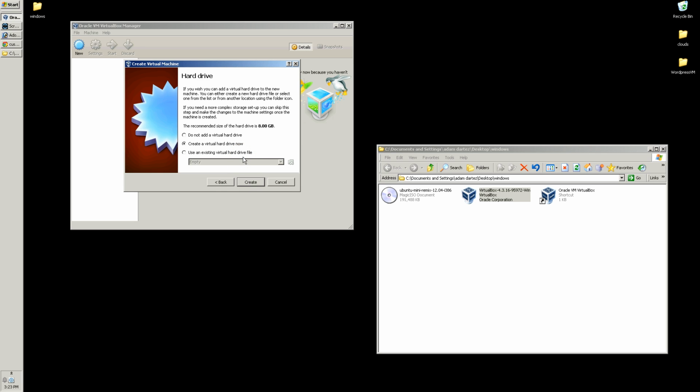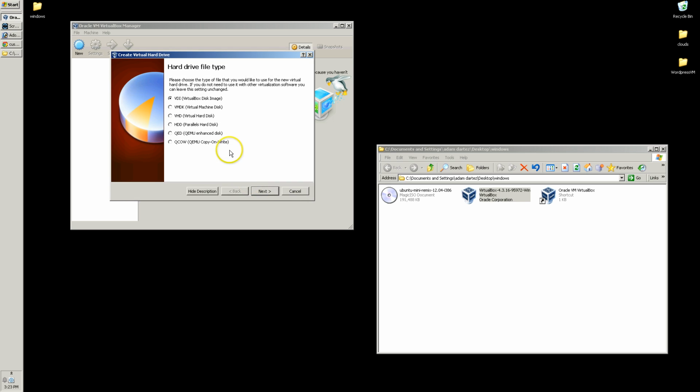The next question is asking us if we want to add a virtual hard drive, which we do. This part is if you're going to be doing some different networking things, and we're just going to be running ours on our local computers. So we're just going to make sure to check create a virtual hard drive now, and then hit create. We're not going to go over this part too much, but make sure that you click on VDI, a Virtualbox disk image, in case it defaults to one of these other ones. Make sure you click on the VDI option,